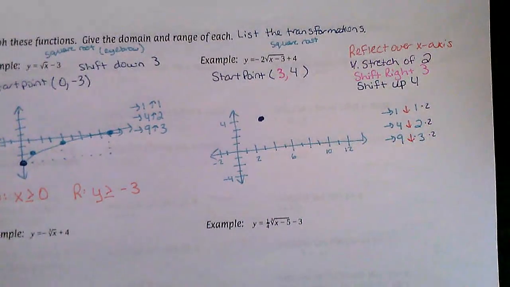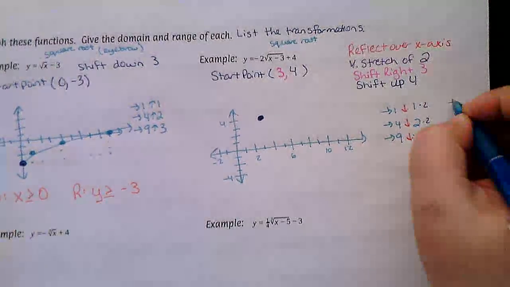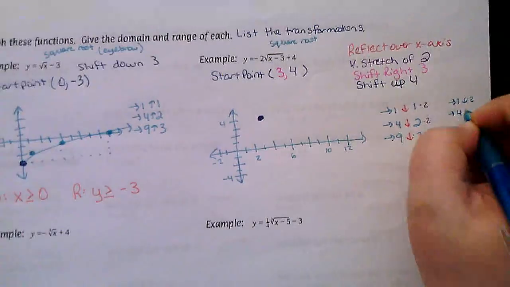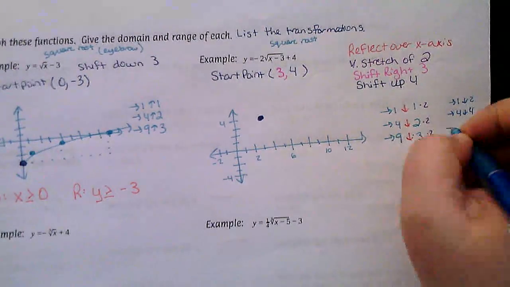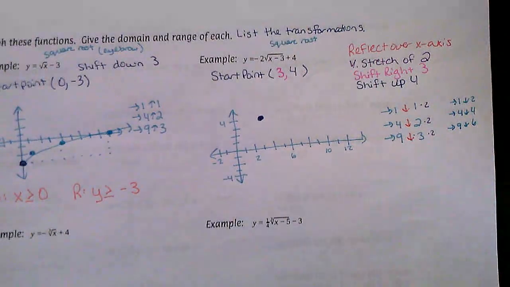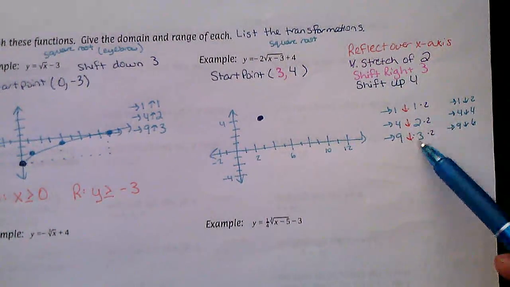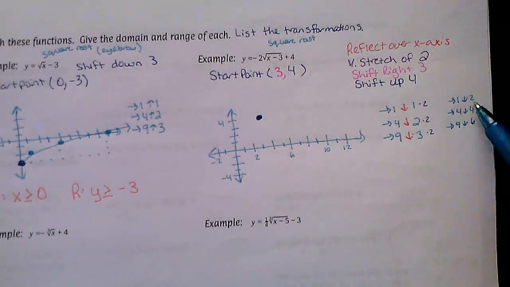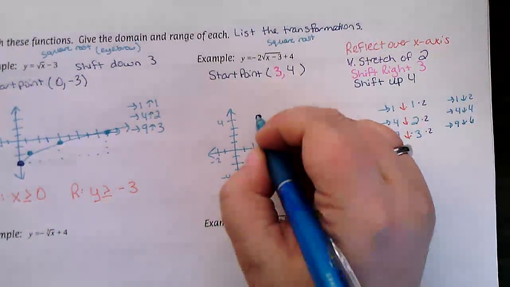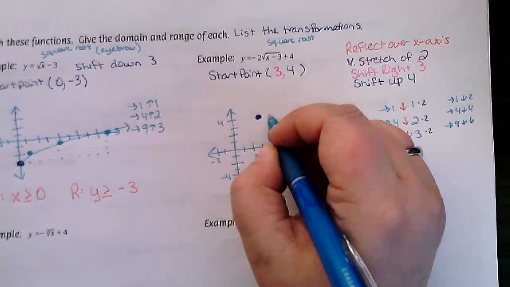So I'm actually going to go right 1, down 2, right 4, down 4, and right 9, down 6. So all of these got ups and downs. The ups turned to downs because of the reflection, and they all got multiplied by 2. So I am going to go right 1,